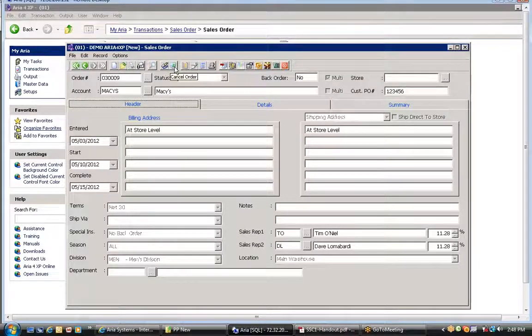Now you have two options. If you want to get rid of and cancel the entire order, you can use the trash can icon, which cancels the entire order, and in the back end the system will consider the open-to-sell as available again, so it removes the entire order quantity and considers it back as available to sell in the style inventory